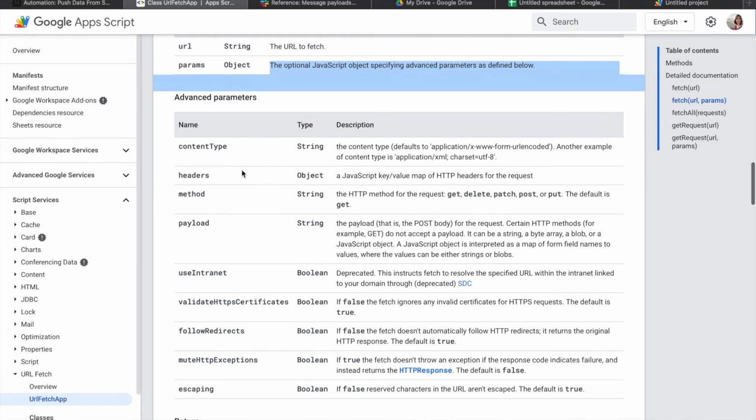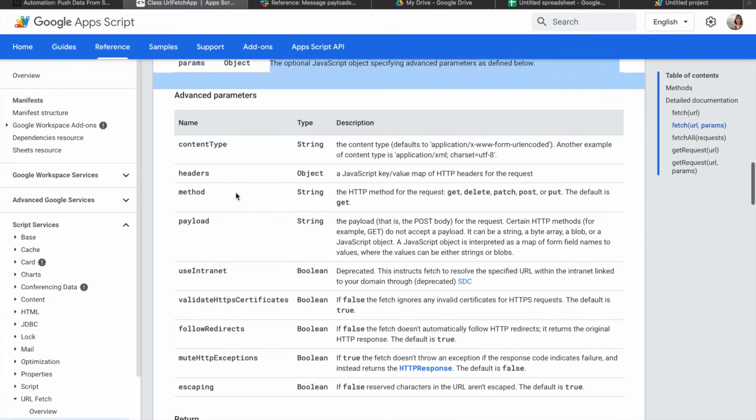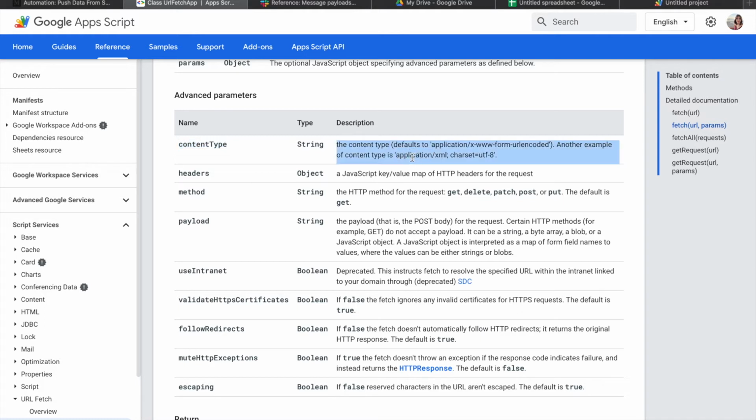So basically, we can pass it values for each of these. For the sake of this tutorial, we really only need three things here. We just need to specify the content type, right? So the content type, and then we also need to fill in the method,